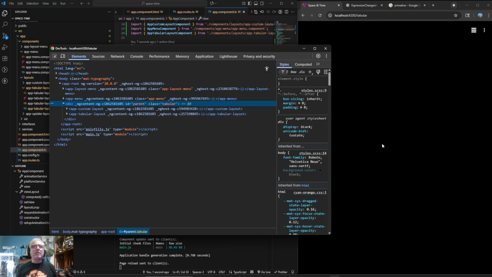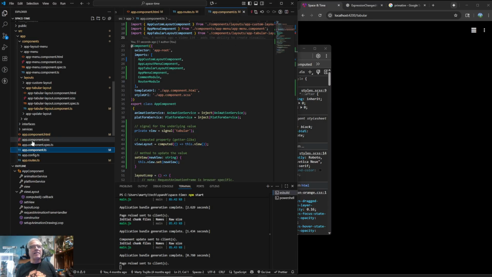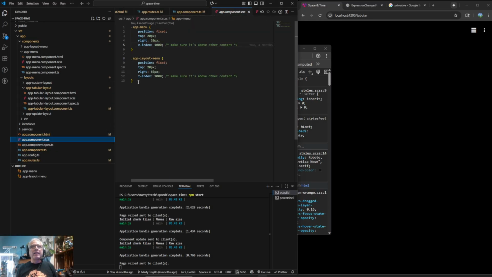And we have 4 minutes, so let's go with hiding and showing based on that. So basically in here in our SCSS, we'll create a tabular. No, we'll create a oh, okay, so